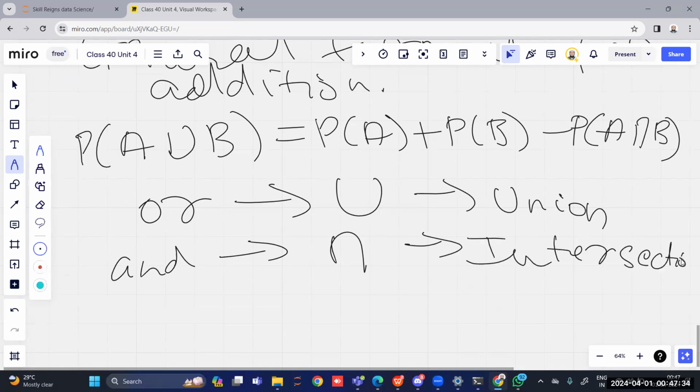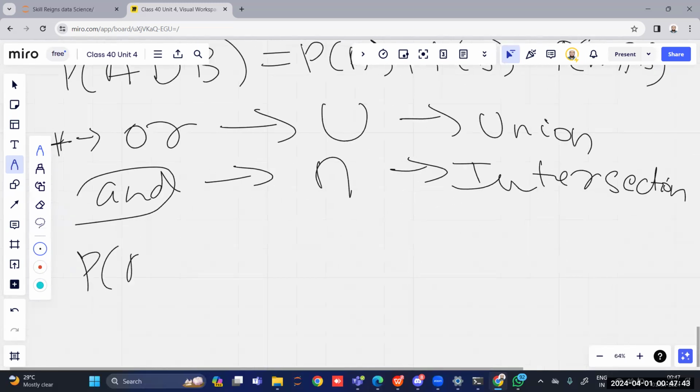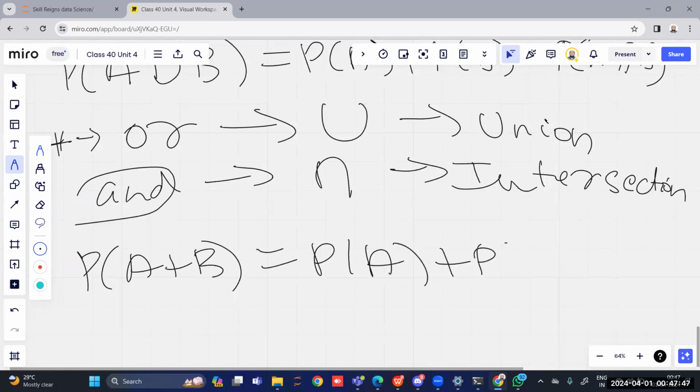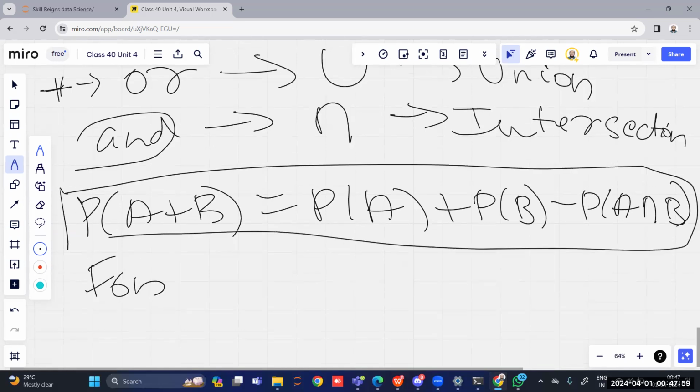So this is taken for addition, and I don't remember the sign for 'and'. We'll see in the textbook if he has given any sign. And we can also write this: probability of A plus B equals probability of A plus probability of B minus probability of A intersection B. Why am I saying it is general? See, this is a general formula. You can remember the general one. I'm explaining why it is general. For A and B mutually exclusive,